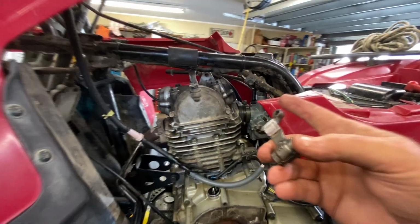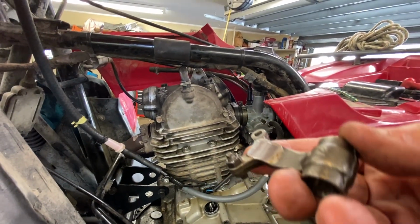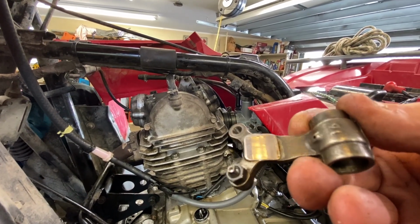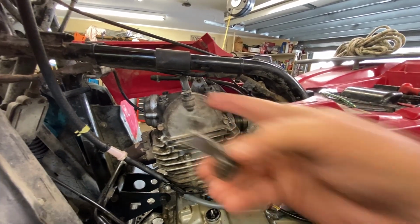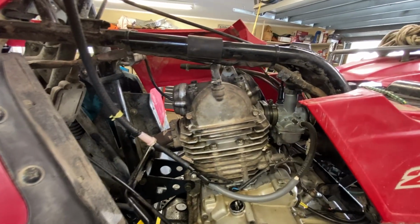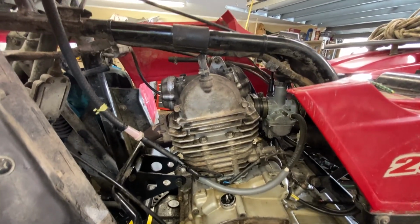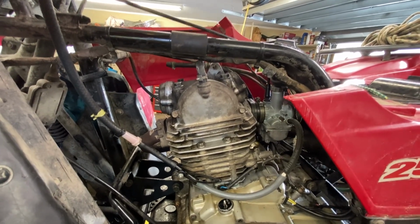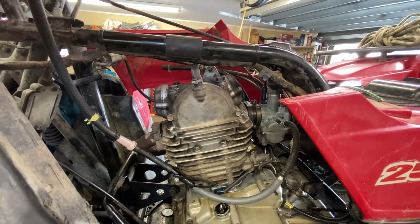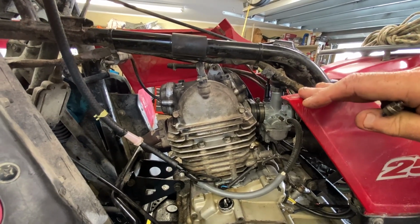On this one, on the intake side, the pad that rubs against the cam pretty much looked like this one. It's completely worn out. The exhaust wasn't bad. The cam is smoked in this thing. You've got to understand right off the bat, this entire engine is smoked, but the cam is definitely smoked. It's got some significant wear to the lobes, and it was just not in the budget to repair